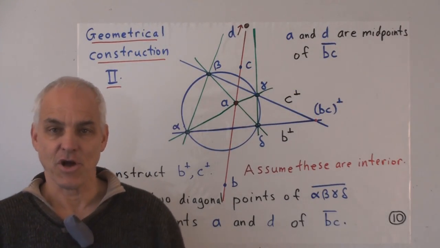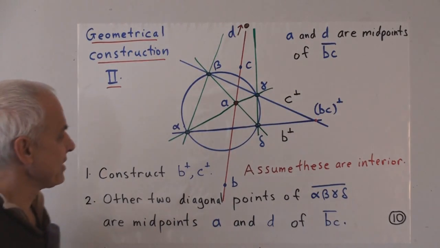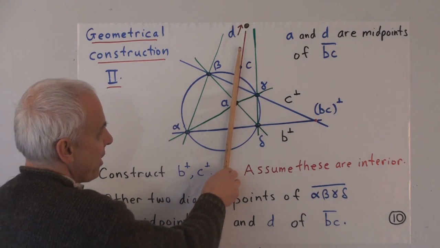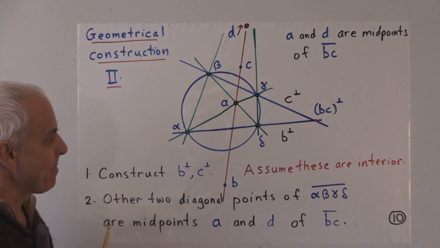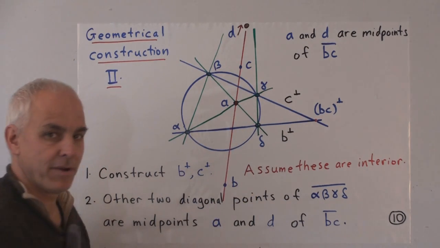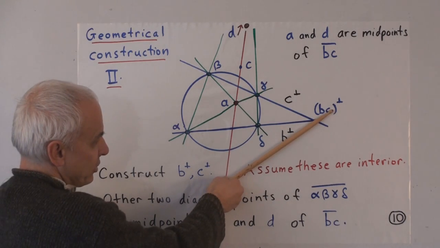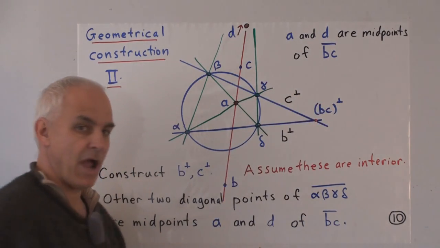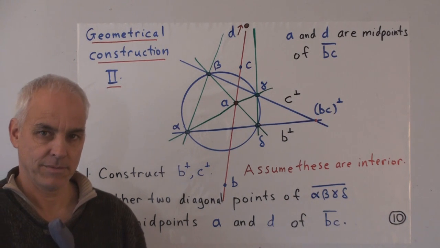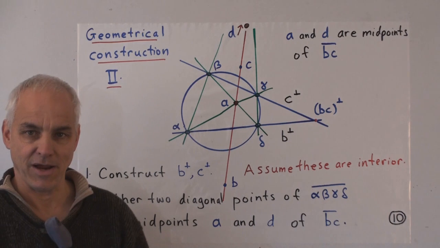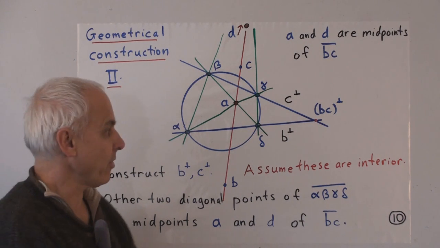That construction doesn't always work. Here's an example where we have C and B. There's the line through B and C. But if we take the dual of this line, which is over here, and we join the dual with B and C, those 2 lines don't meet the null circle. So there's no way of getting a nil quadrangle from those 2 lines. The construction is not going to work.